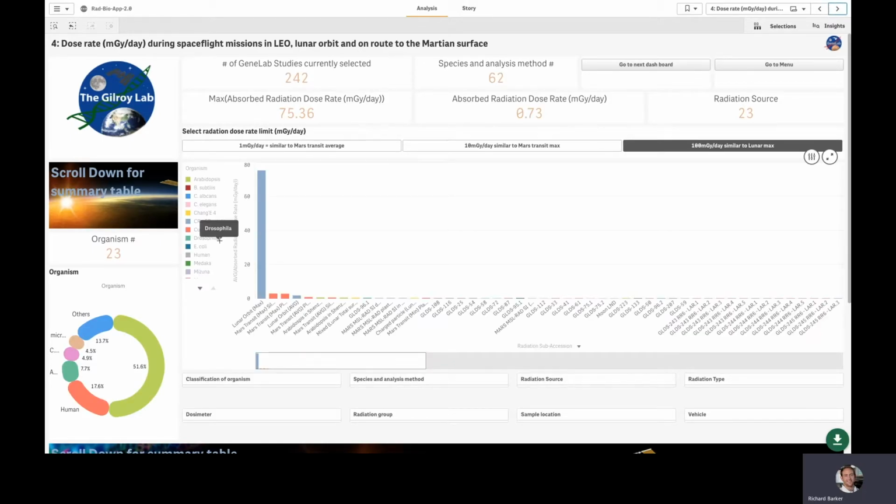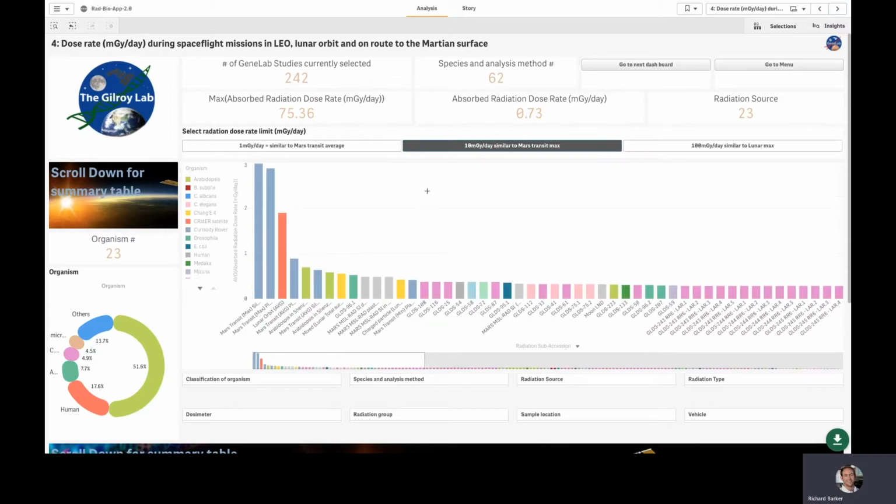So one of the other data sources that we're able to collect data from was the lunar orbiter from the Kaguya satellite. And one of the things we were able to do was extract the maximum and the average radiation doses that were experienced by that satellite. And you can see we have a really large max in low lunar orbit. So we're just going to remove that particular one from the data set